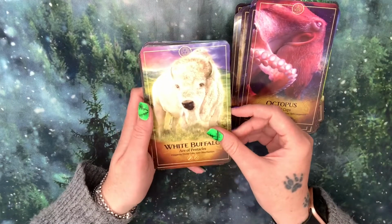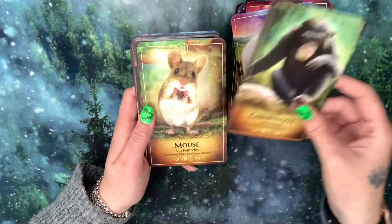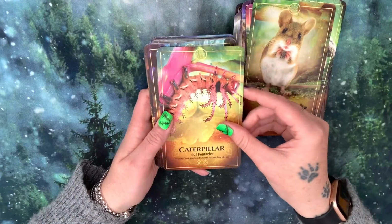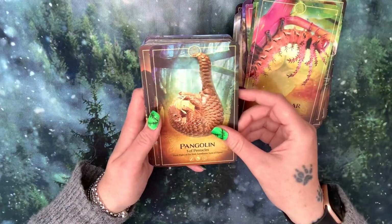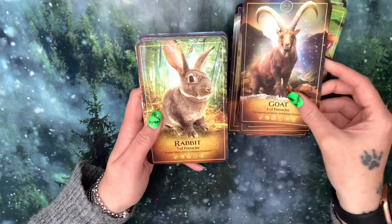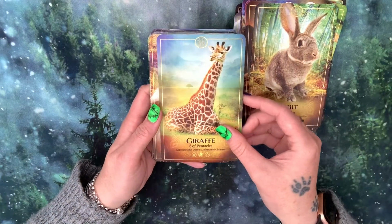Then we go on to the Pentacles. So we've got the White Buffalo for the Ace of Pentacles, the Chimpanzee for the Two of Pentacles, the cute little mouse for the Three of Pentacles, the Caterpillar for the Four of Pentacles, the Pangolin for the Five of Pentacles, the Goat for the Six of Pentacles, the Rabbit for the Seven of Pentacles, the Giraffe for the Eight